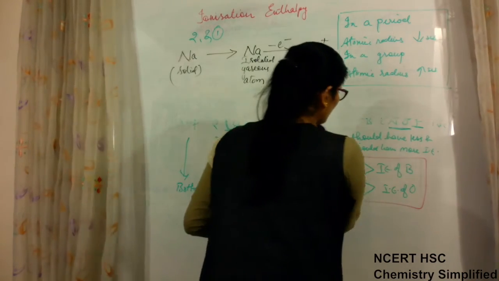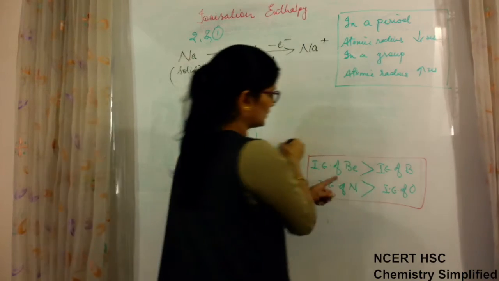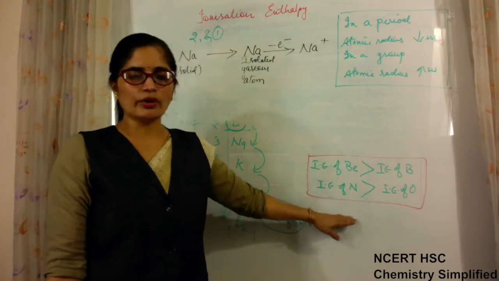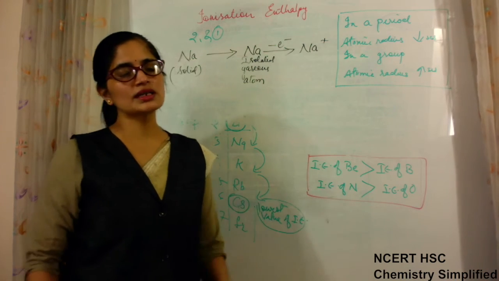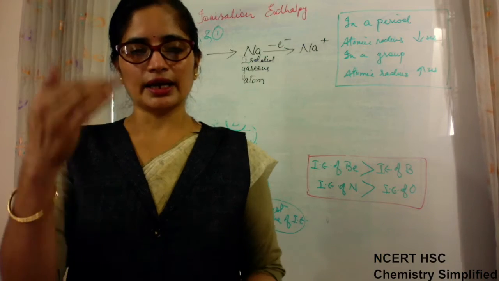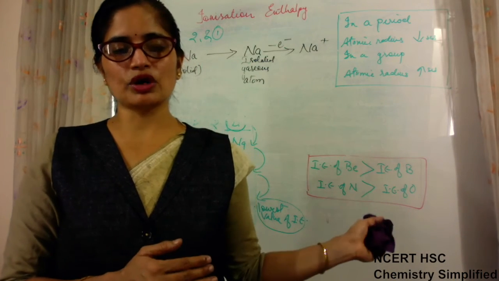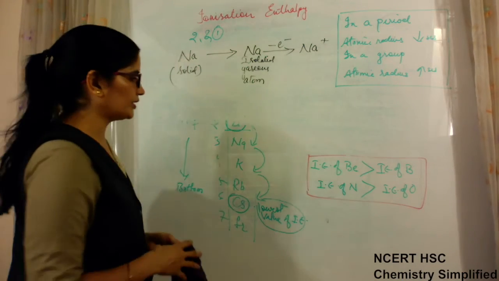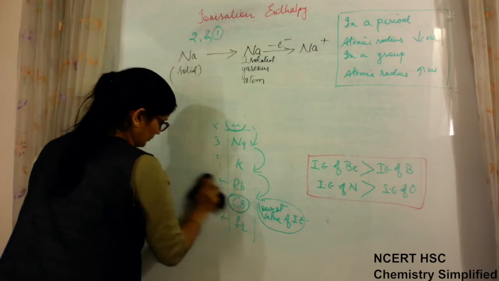And in the periodic table, these abnormalities or irregularities are always important points for questions, because regular trend everybody can tell, this is happening from left to right and top to bottom, but why these abnormalities or irregularities are there, this is the important thing which should be remembered by you.